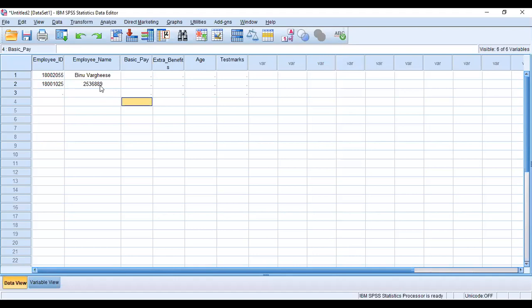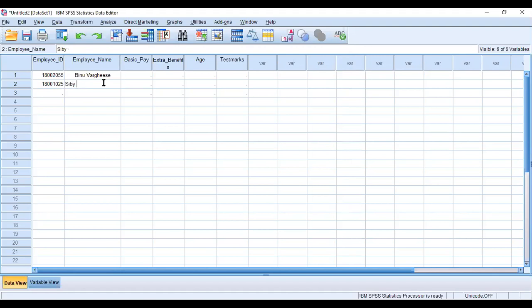In a numeric variable we cannot add an alphabet, but in a string variable we can also enter a numerical value. Clear? So I'm deleting that. What is the second name? The second name is CBM.